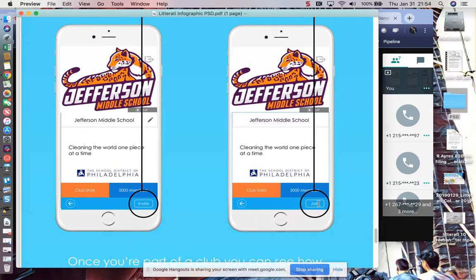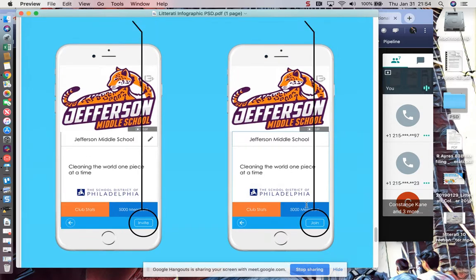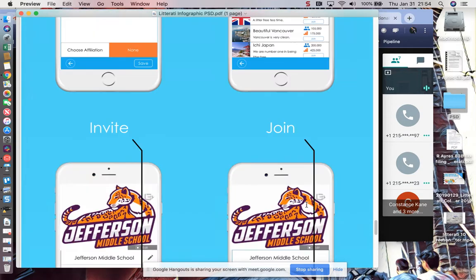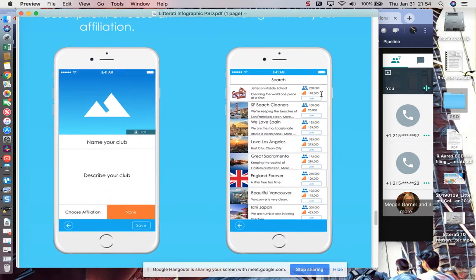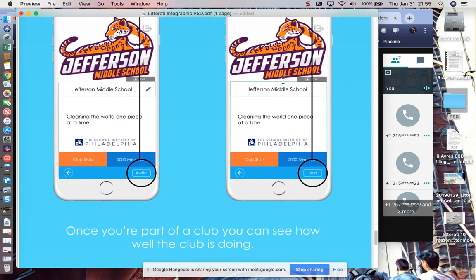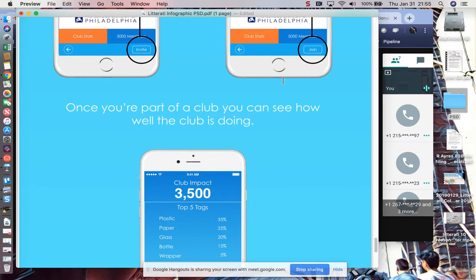If the students want to find the club, then they just need to go to club search here. They would go into this box up here, and they would choose search, and they would type whatever the club name is. If you've already created a club and haven't affiliated it, that's not a problem.